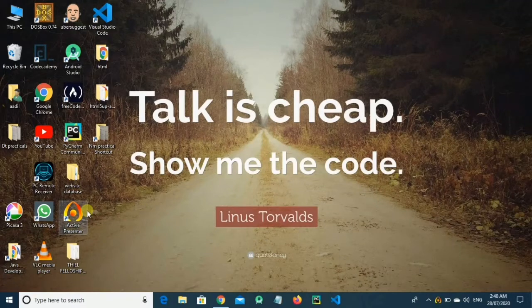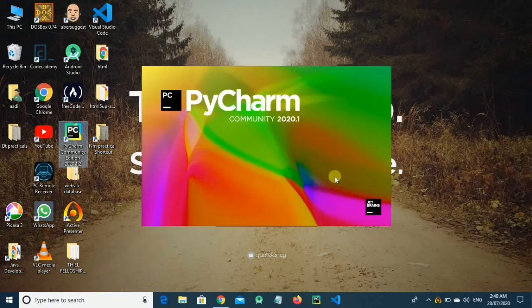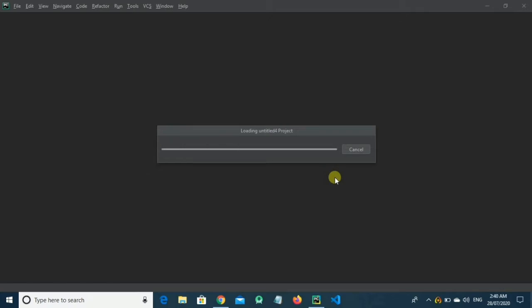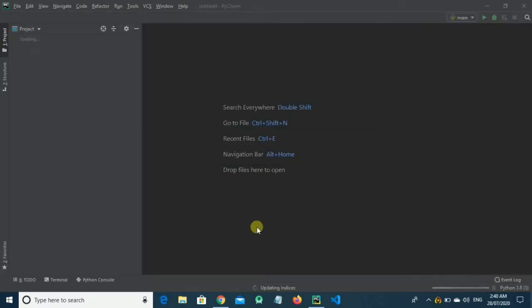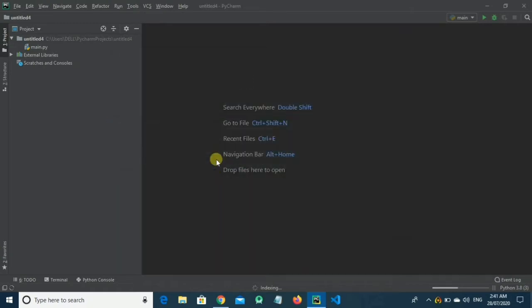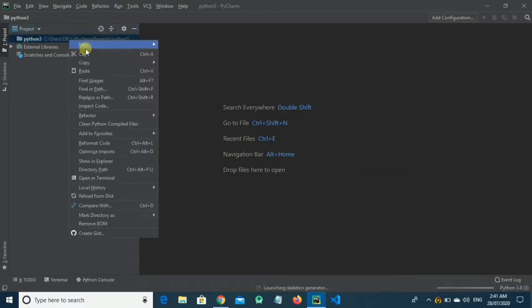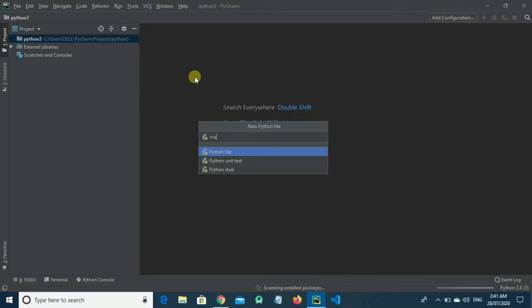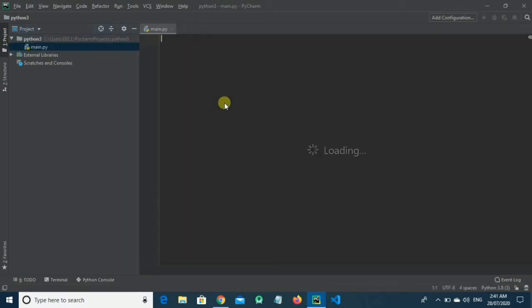So, I am at my computer screen now. Let's open PyCharm and create a new file. Okay, PyCharm is opening. You already know how to create a new project in PyCharm. Let's go to the file section and create a new project. After clicking on new project, we have to name our project. I am naming it Python 3 as it's tutorial number 3. After creating the project, we click on the project folder, which is Python 3, and create a new file. We'll name our Python file main.